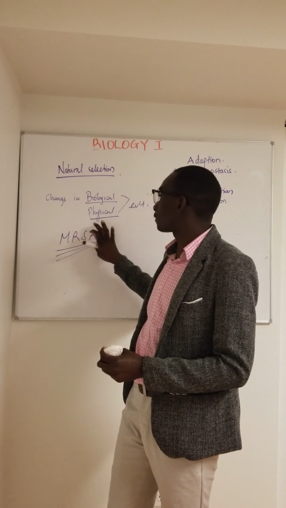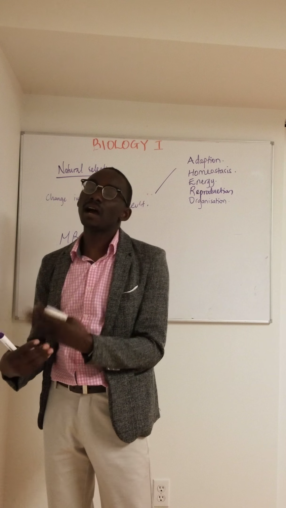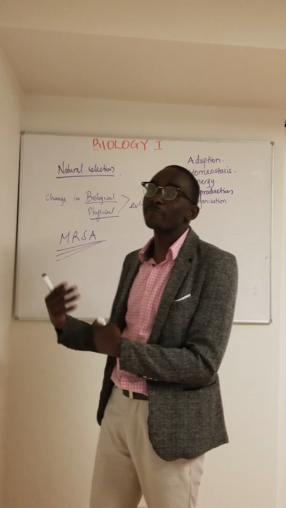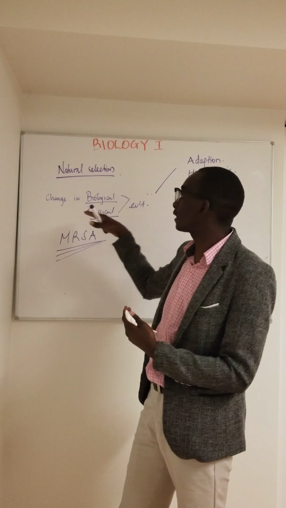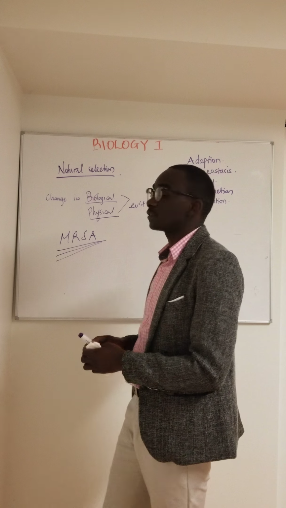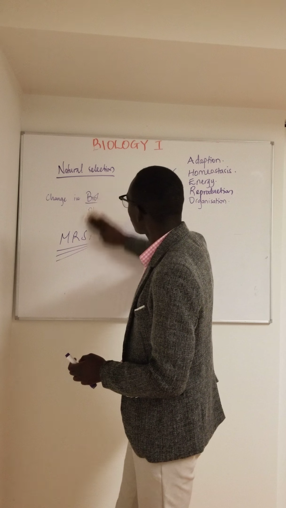So this is an example of how bacteria that didn't have pathogenic properties now do have pathogenic properties due to mutation and adaptation, leading to natural selection and formation of new organisms. So that's it for natural selection